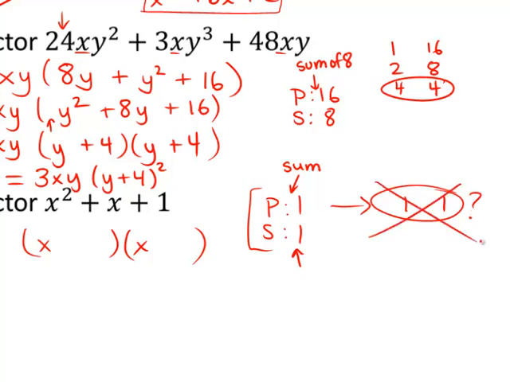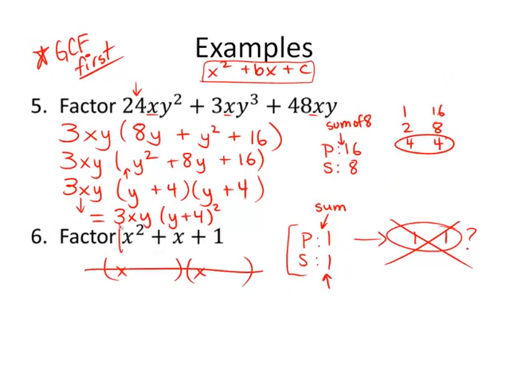It's impossible. So we've looked at all the possibilities and there are none. So if you have something that doesn't have an option of being factored, that means it's already prime. Remember, prime factors are factors that do not break down further. So you can say prime. And that's it. That means that that is completely factored. Although if you had a greatest common factor on this, you could take that out and that would be considered factoring it. You just couldn't factor this component further. So this is actually non-factorable